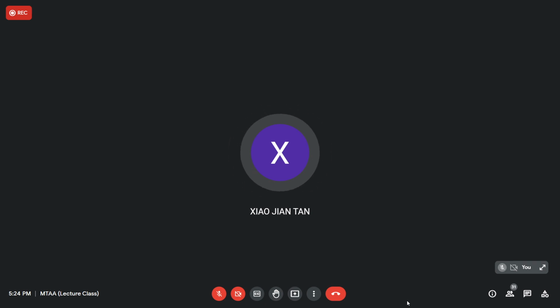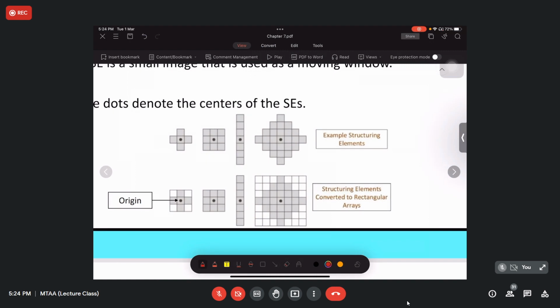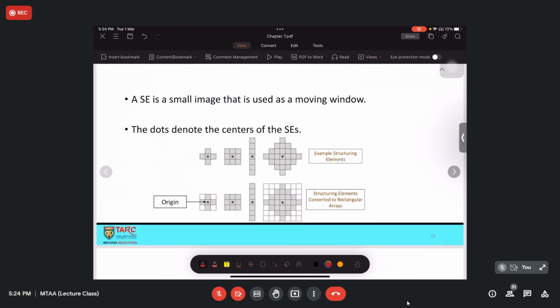Not a must to be at the same center. So as you can observe, the SE is a small image that is used as a moving window. So this is actually a filter. The dot denotes the center of the SE, and this is actually the structure element. But in real cases, structure elements do not appear in such shapes. Instead, they will appear in something like this.